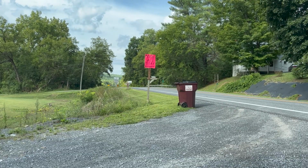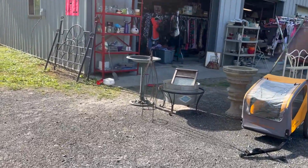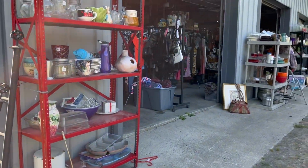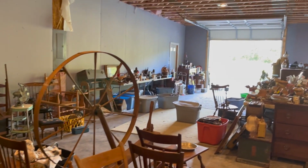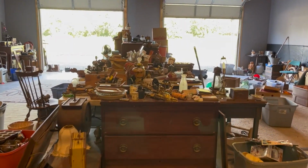Went somewhere else. This place we passed driving to the first yard sale. Looked like a permanent kind of yard sale, and it was when we got down there. It was a permanent yard sale. A lot of new stuff, but the one pole building was full of sort of primitive old stuff. A lot of tools, a ton of rusty tools, but